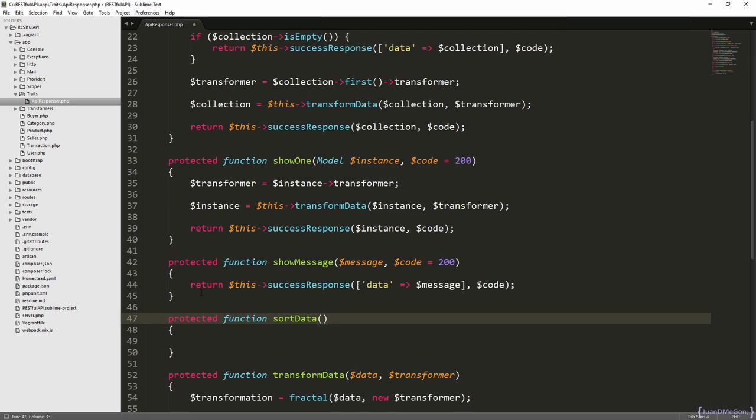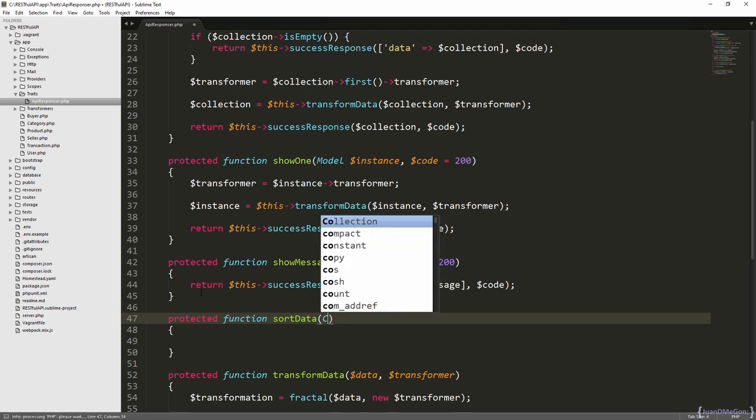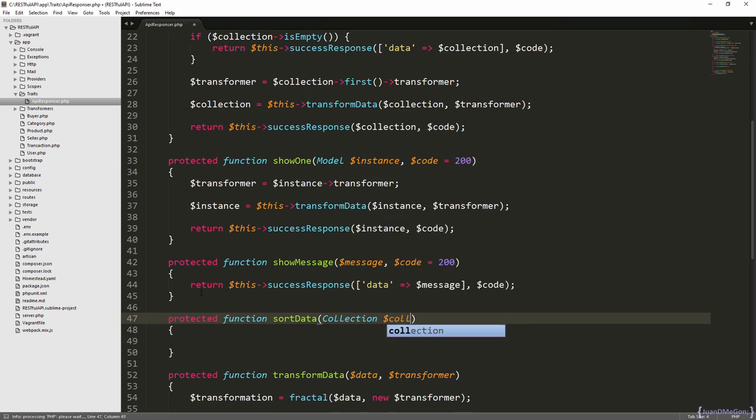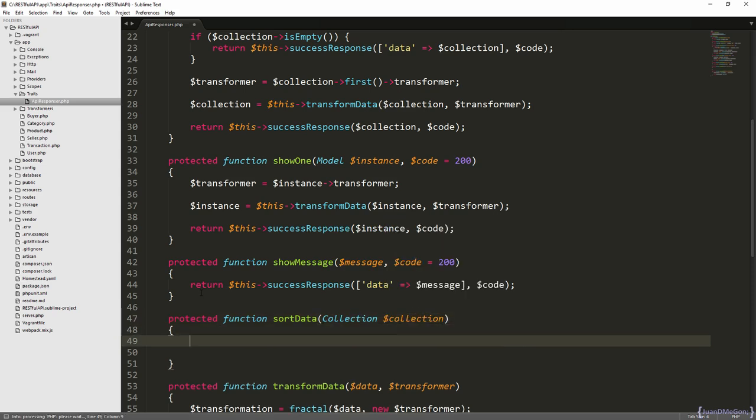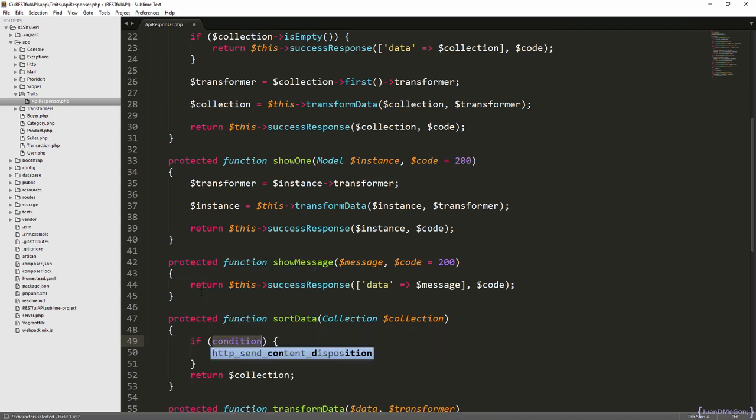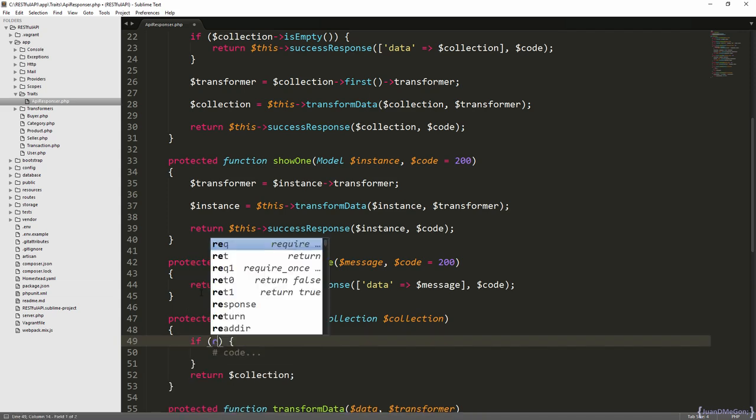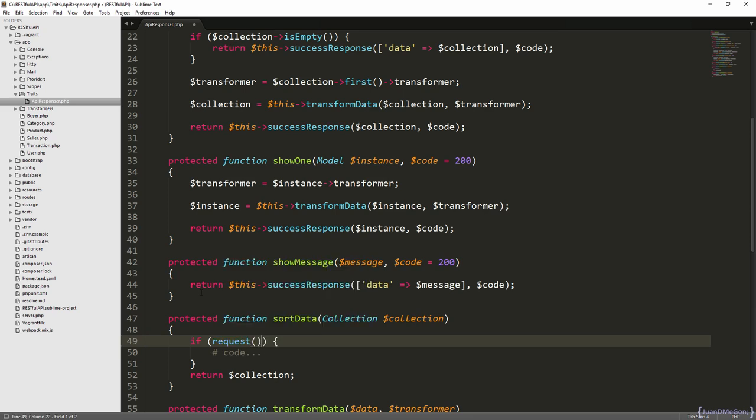For now, the sortData is going to receive a collection of elements, and it is going to return it. It is going to return the collection independently if it is sorted or not. And we are going to sort the collection depending on the existence of a specific parameter in the URL. So if we have the sort_by parameter in the URL,